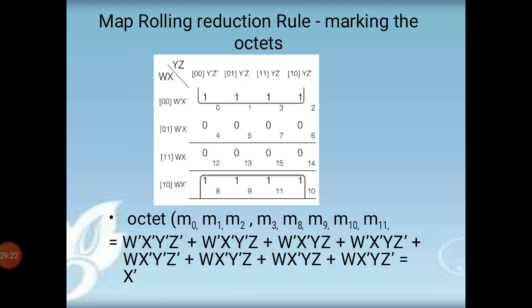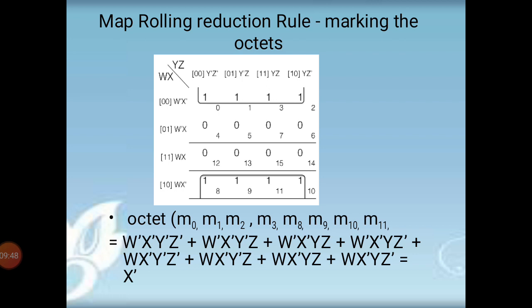Now map rolling reduction rule for octet. After rolling the K-map, we find the octet here: M0, M1, M2, M3, M8, M9, M10 and M11.